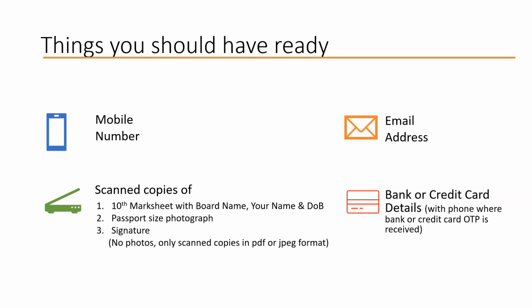So please ensure that the credit card or the bank details you are using of your parents, then such parent should be sitting next to you, because all the OTPs of the bank will also be going to their phone numbers. So your phone number, your email address, scanned copies, that is soft copy either in PDF format or JPG format of 3 different things, and the last one is bank internet banking details or maybe the credit card, and a person whose phone is used for the purpose of getting OTP of bank or credit card should be next to you. With these things ready with you, then you can go for registration for CA Foundation course.